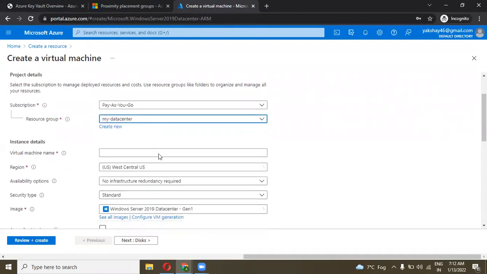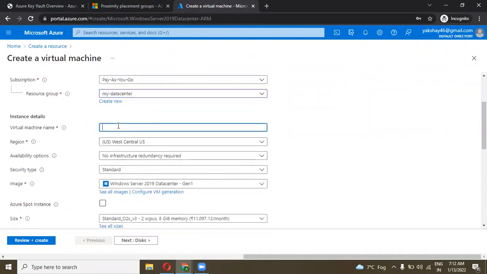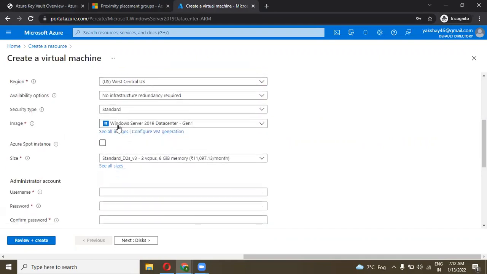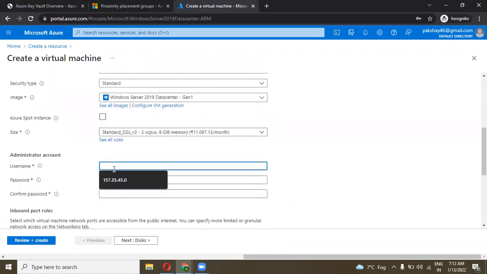Group is my data center and machine name is my encrypt VM and username I give as the same.